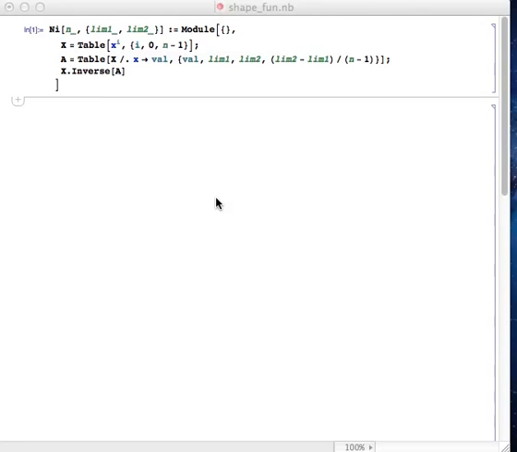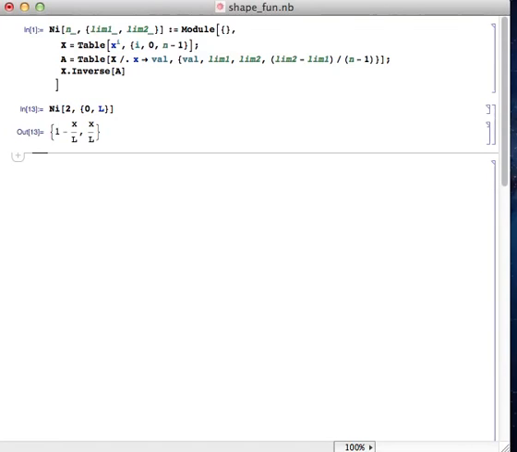So what I have here is a function that will actually develop the shape functions for me for an element. The first argument to that function is the number of nodes I want. So if we're considering an element like we have here, we have 2 nodes, and then the second one is a vector that represents the domain of the problem. So if we say 0 to L,